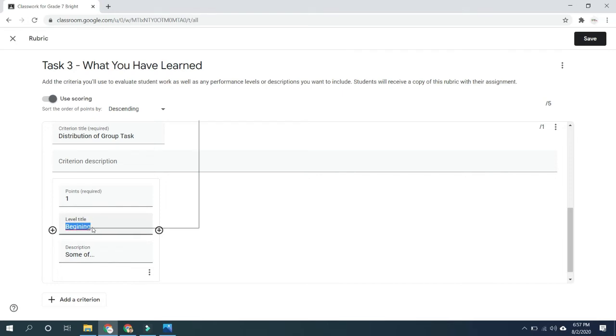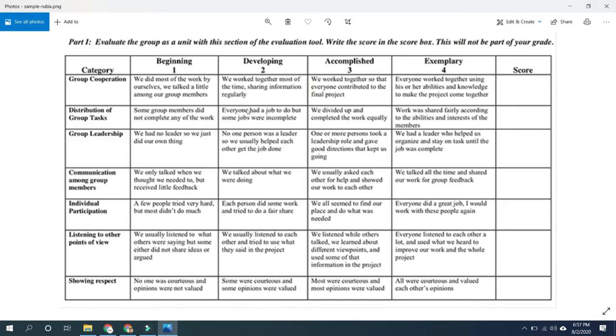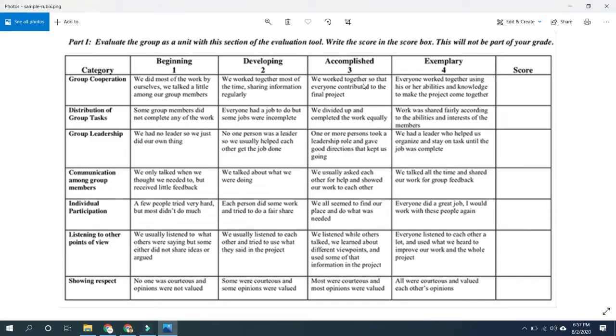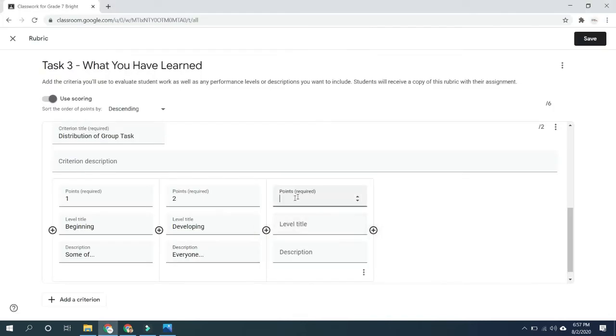Next, 2 points for developing. Description is everyone had a job. Everyone. The third one is accomplished. 3 points. Accomplished. Description is we divided up,